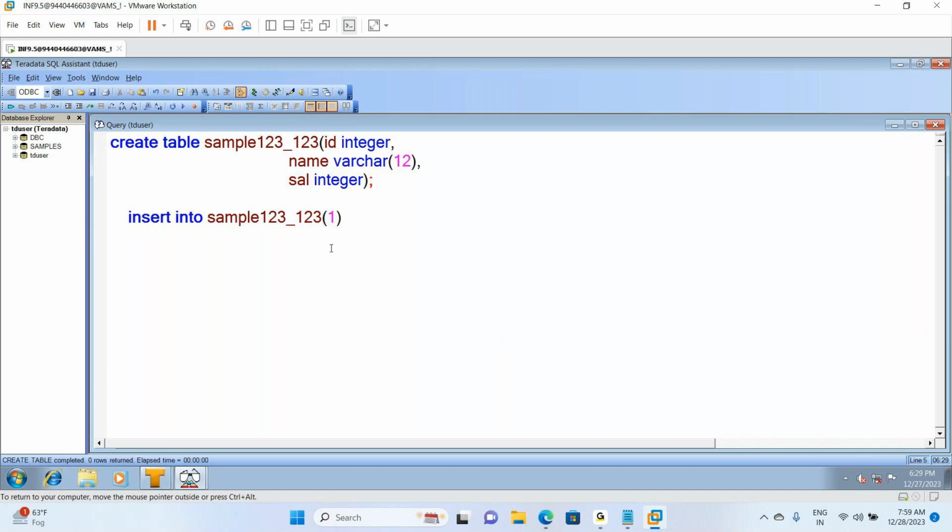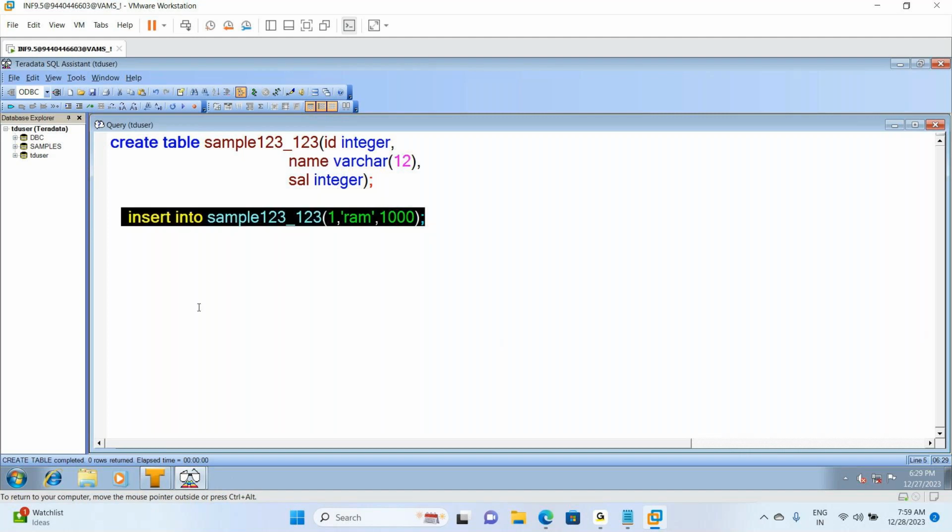ID 1, comma, and the name aspect we mentioned as worker, right? That is the reason while giving the data it goes within quotations, single quotes. And after that the salary, 1000. Total 3 parameters, right? While creating the table we gave 3 parameters, same way, 3 data values we will give. After that, we'll give a semicolon and